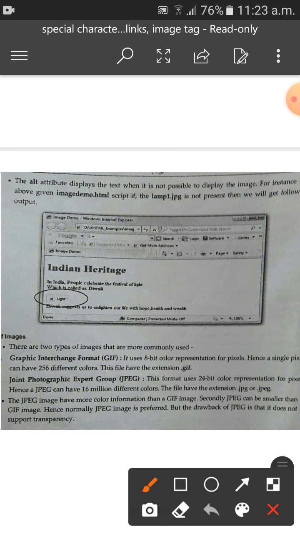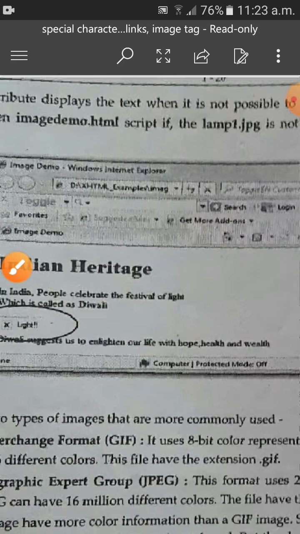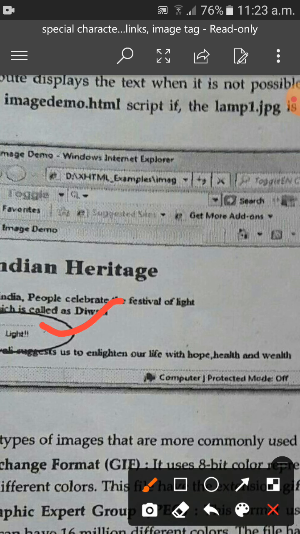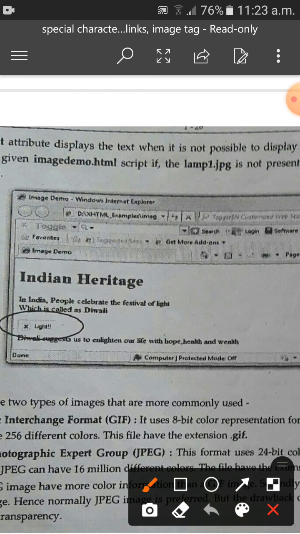It displays the text we gave to the alt attribute, that is light. It will display other information, but if the image does not exist, it will display the value given to the alt attribute.